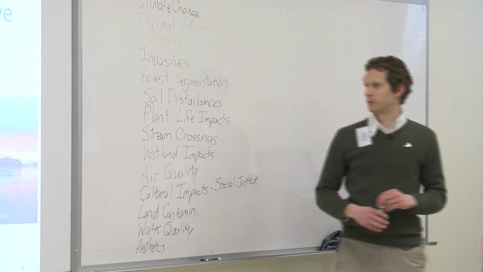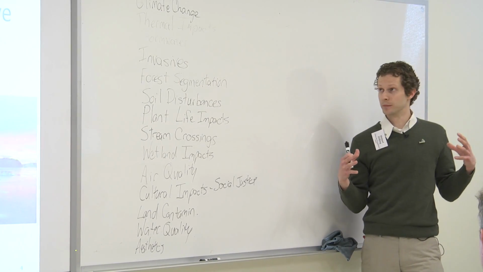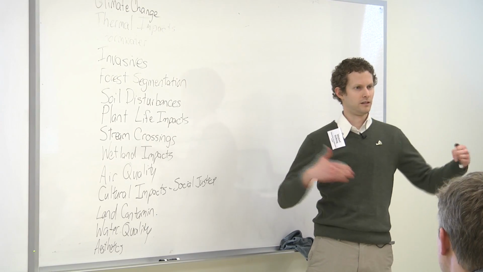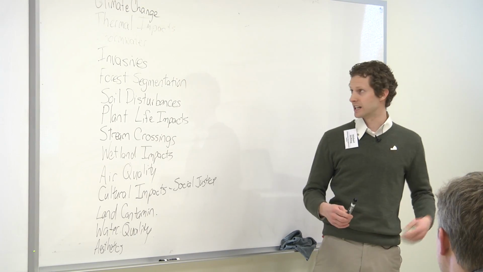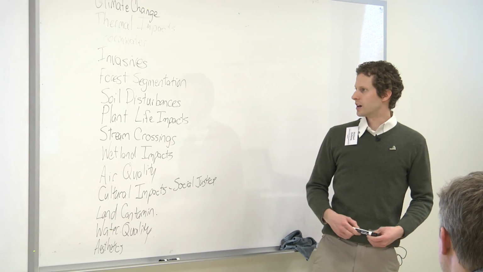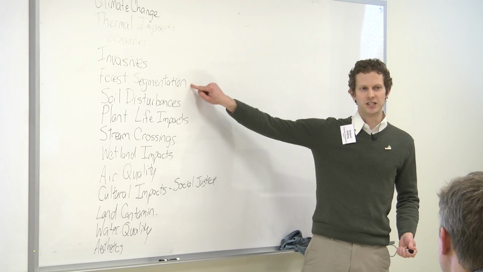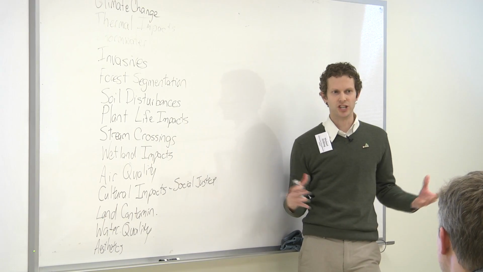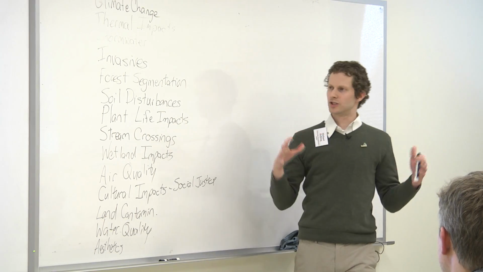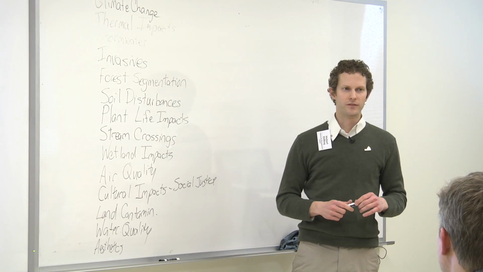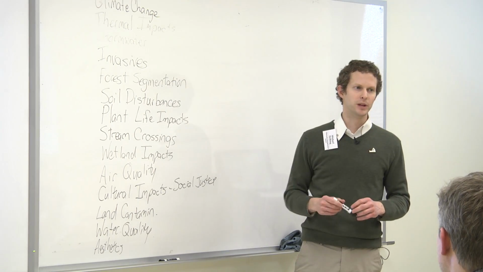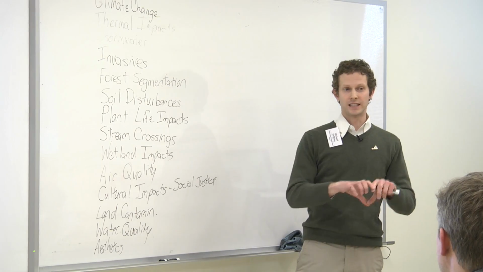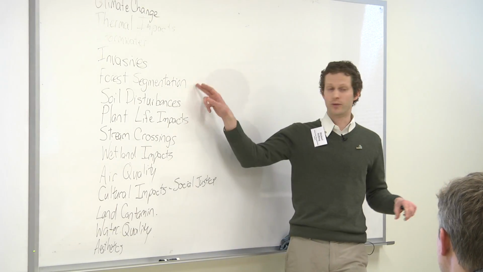So one of the other things when we're thinking about cumulative impacts is the geographic area that will be affected by the project. When we're talking about something like forest segmentation, and it's hard because we're talking in the abstract, what do you think a good geographic scope of the impacts of forest segmentation would be? Where should we study that to determine what impact this pipeline project is going to have on the forest segmentation